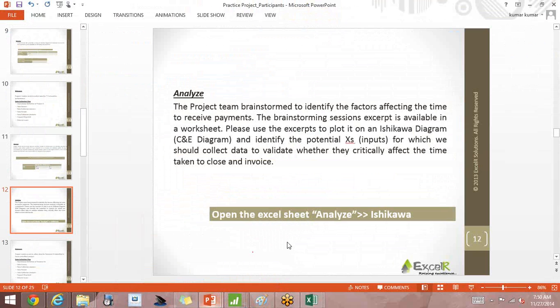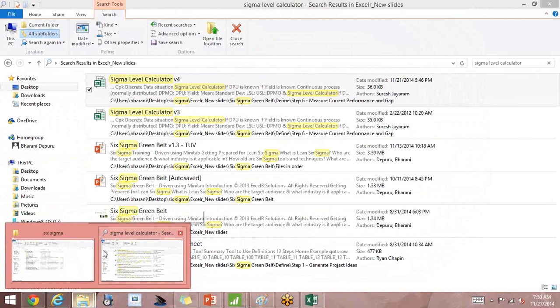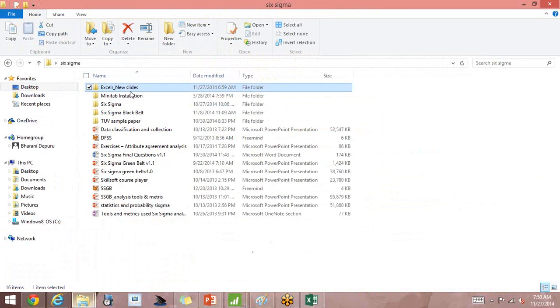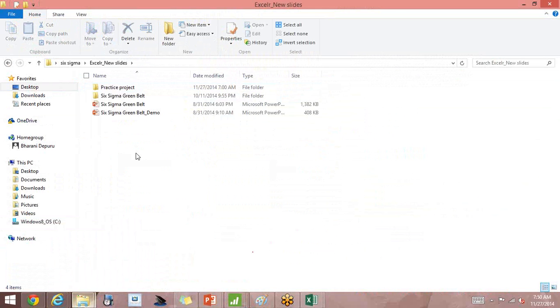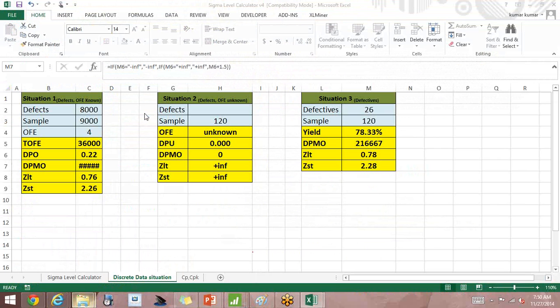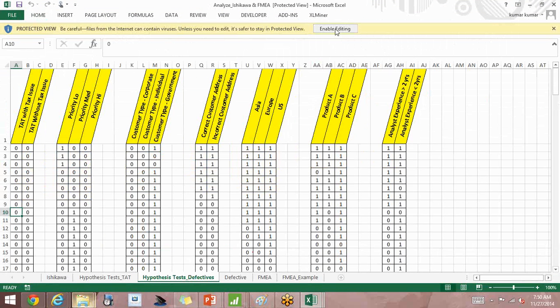Then we come to the analyze phase, Ishikawa diagram. I think this is already given to us in the practice project. Here it is.